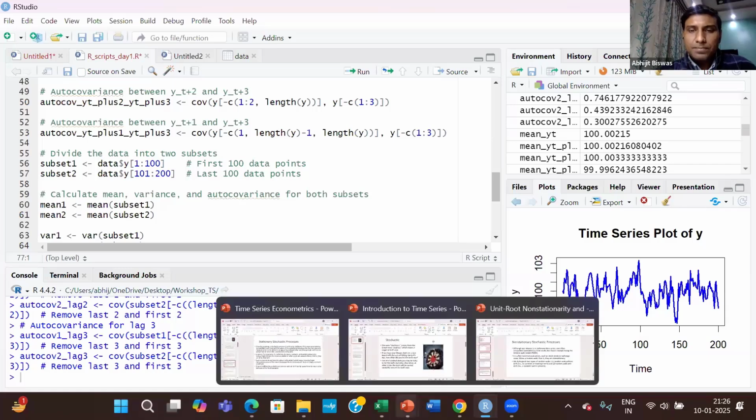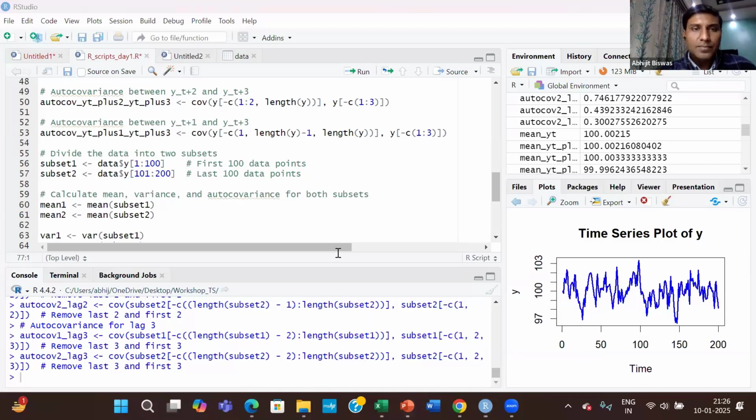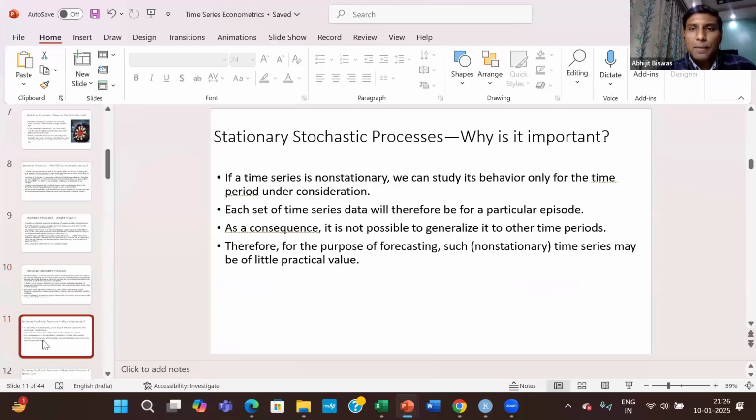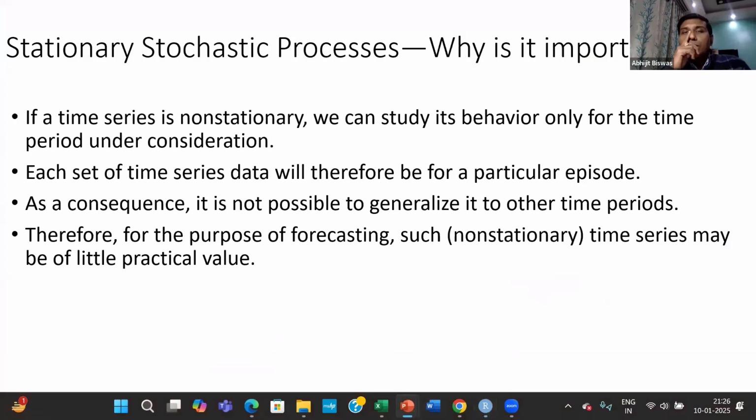So stationarity you have understood. This is the important concept. Why is stationarity in the stochastic process important? Why do we always talk about stationarity? Anyone? This is a very, very important concept that you need to understand. Why is stationarity important? So prediction will be better. Prediction will be better. See,